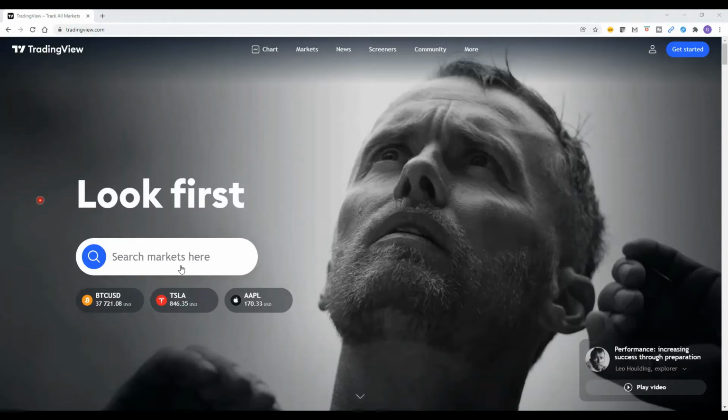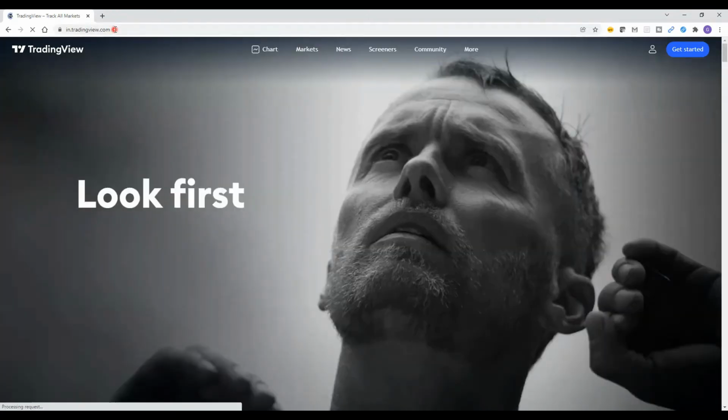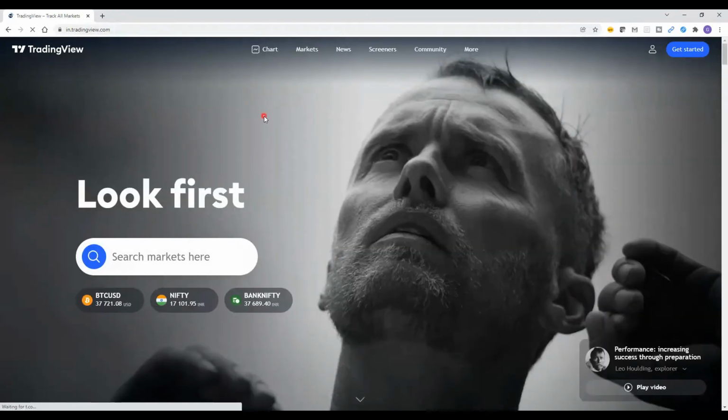This is the home page, it looks like this, and you open tradingview.com. If you want to use it just by default, it comes as US stocks here. Otherwise, you can open in.tradingview.com, which represents India normally.